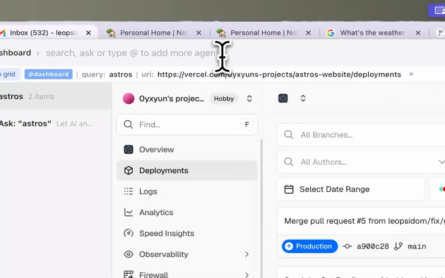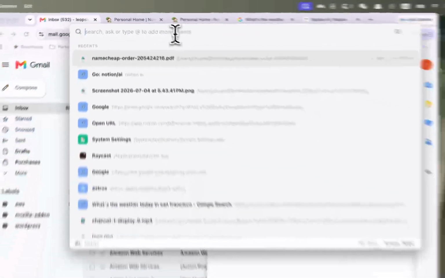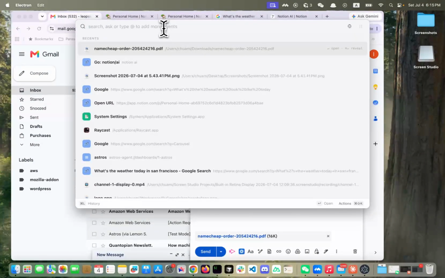So yeah, so this is the dashboard. The next thing I want to demo is AI. Astros supports chatting with AI models, and you can configure as many AI models as you want. As we know, there are